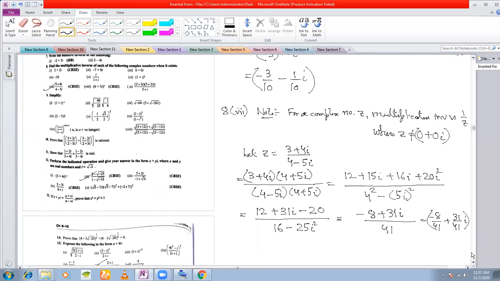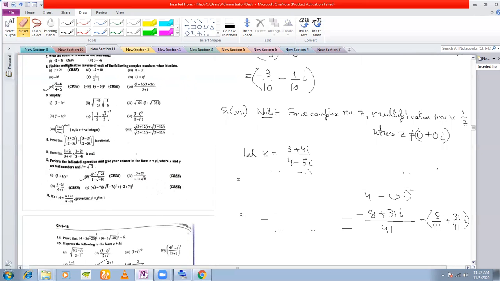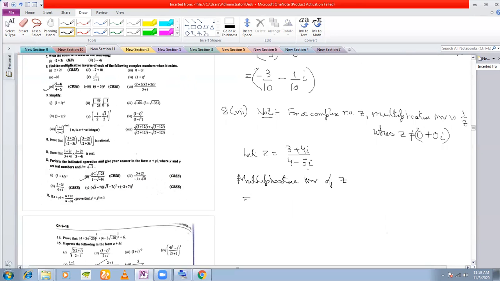You need to find the multiplicative inverse. For multiplicative inverse, I've made a mistake here. For multiplicative inverse, you don't need to write it in the form a plus ib. What you simply do is you take the reciprocal. Multiplicative inverse of z is 1 by z. What is 1 by z? 1 by 3 plus 4i divided by 4 minus 5i, which can be written as 4 minus 5i divided by